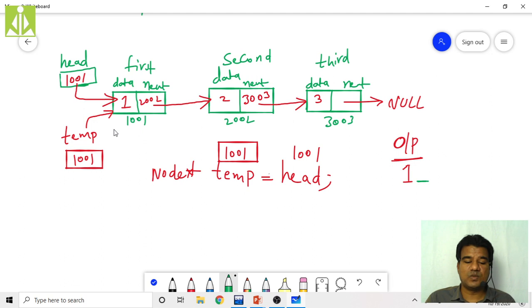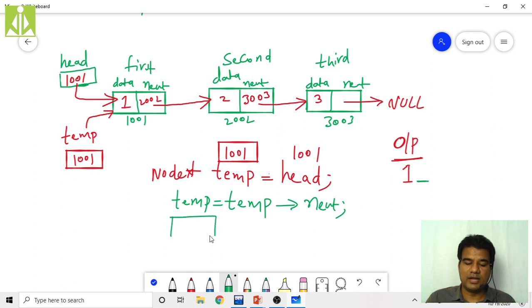Now my temp is 1001 and I am saying temp equals temp of next. This analysis is very important. Temp on the left side of the assignment operator is a memory location.